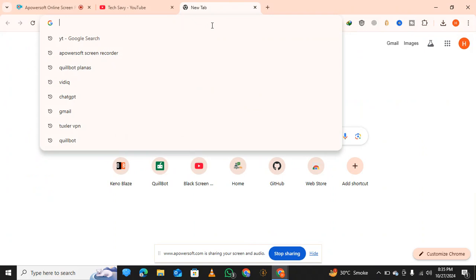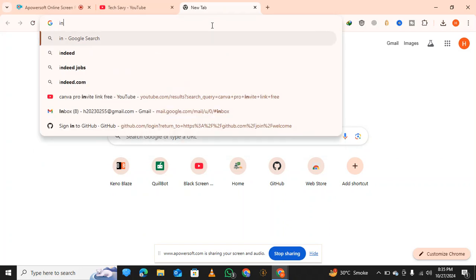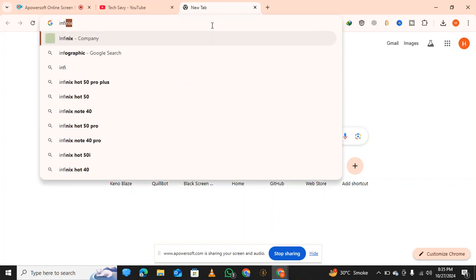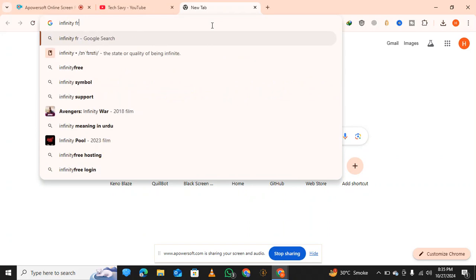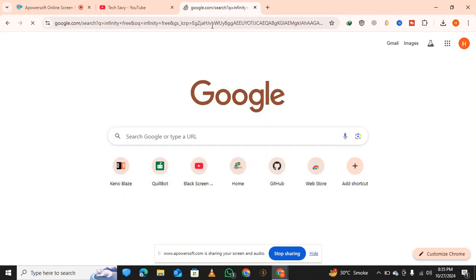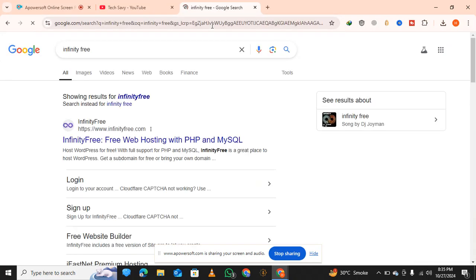You will open any browser. I will open Google Chrome and search Infinity Free. Search in your browser Infinity Free. Here is the first site. Click on it